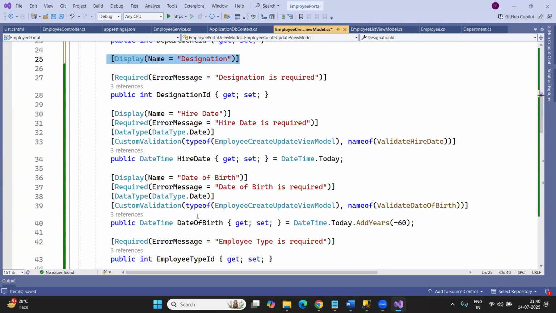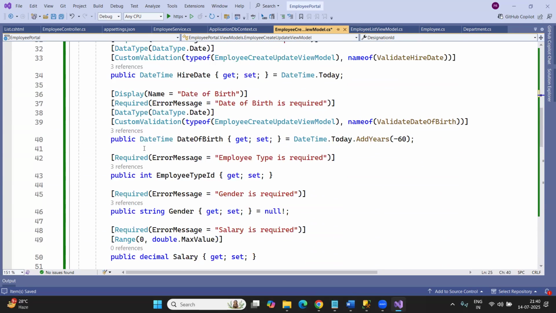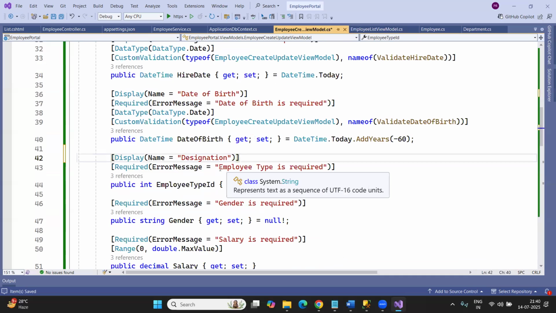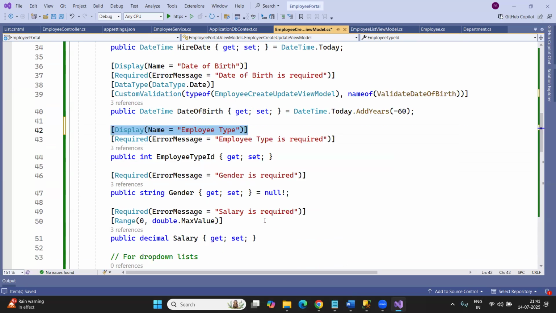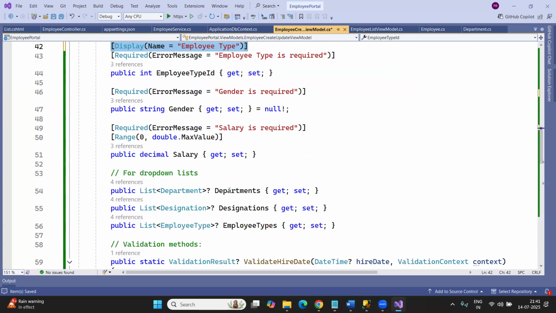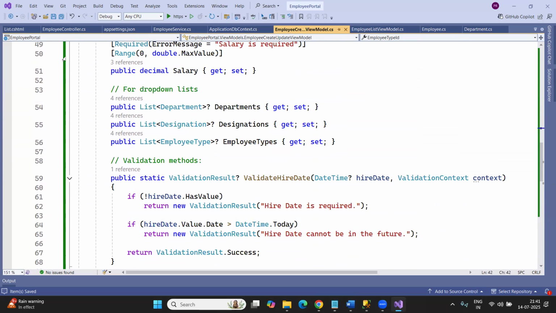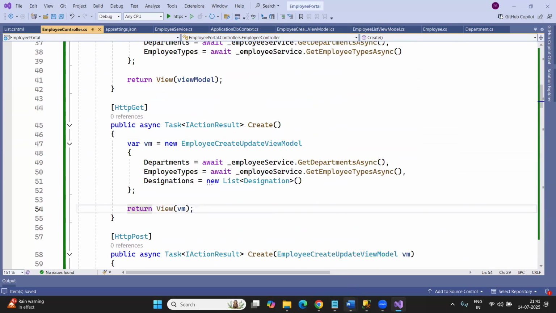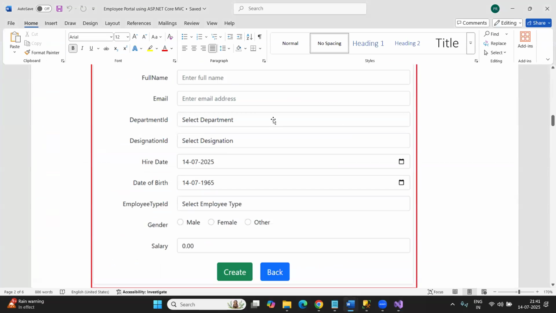So hire date we have done, date of birth we have done. For employee type ID, I need to provide that employee type. That is fine. Gender, max value. All these things, rest of the things are fine. So now, in this case, what I need to do, guys, remember, department I need to pre-populate, employee type I